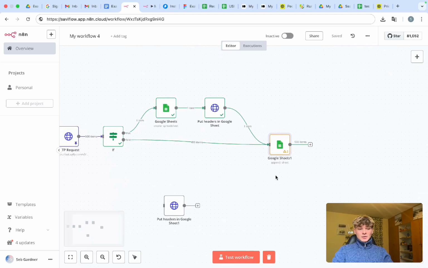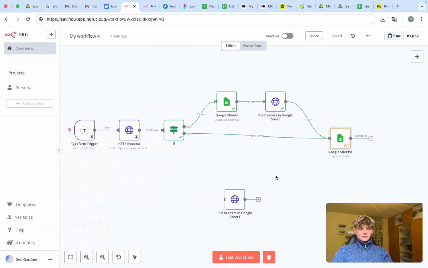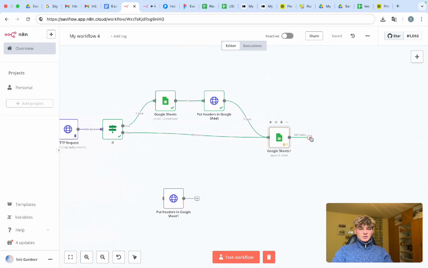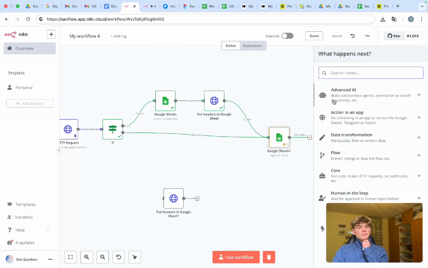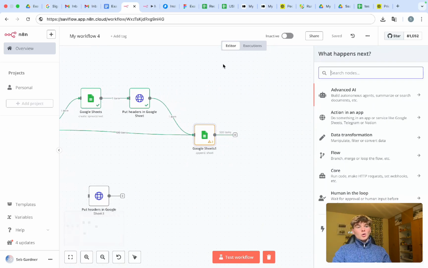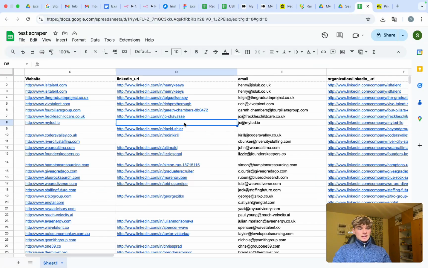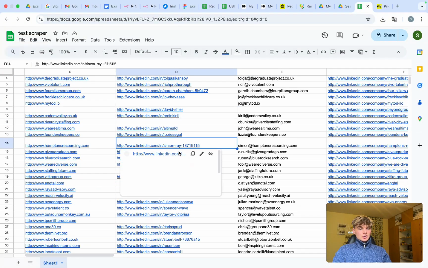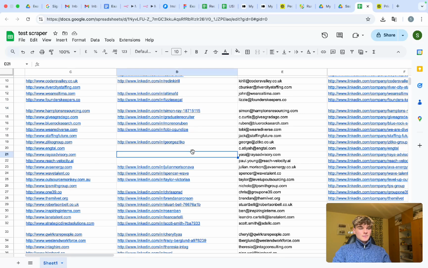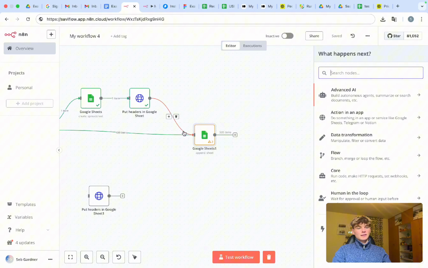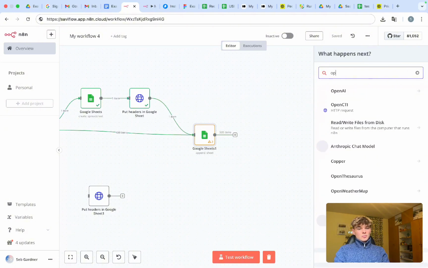But anyway, now what we have to do is use this data to create the personalized first line. So what I want to do, I think, is only reach out to people who have LinkedIn URLs. You can see in here, not everyone has a LinkedIn. So I want to filter out every profile that doesn't have a LinkedIn, because in my cold email, I want to reference their LinkedIn. So what we're going to do is head into OpenAI,